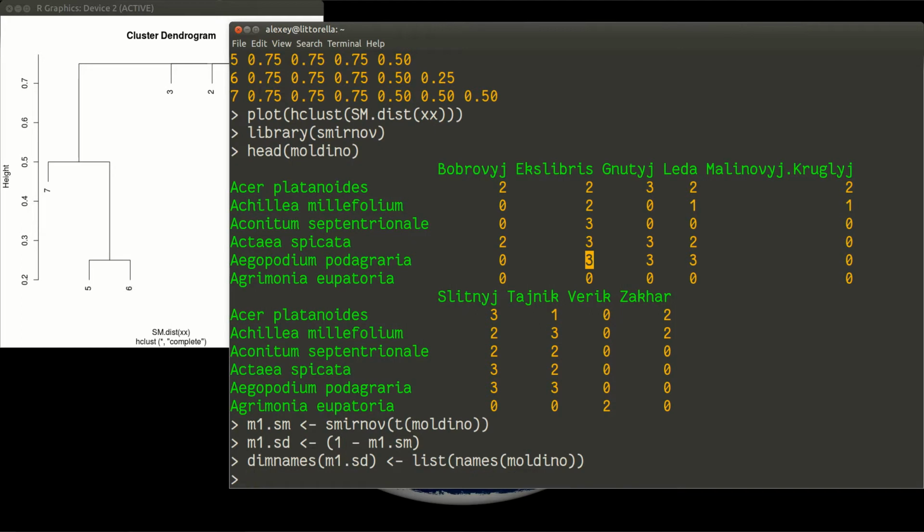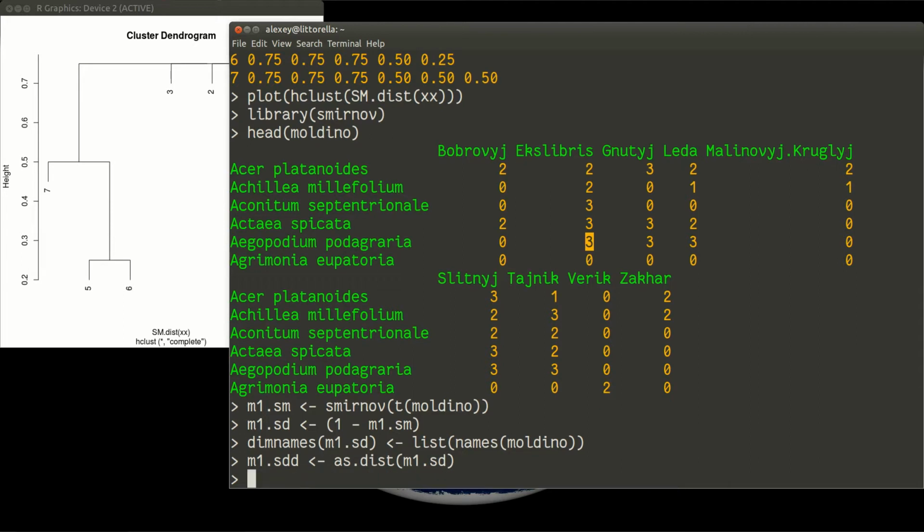Finally, I can plot it with the same hierarchical clustering dendrogram, but before plotting, I must convert it to specific format for our distance object. So finally, some minor operations required, m1.as.dd will be as dist m1.as.d, and we can plot it now. So plot hclust m1.as.dd,